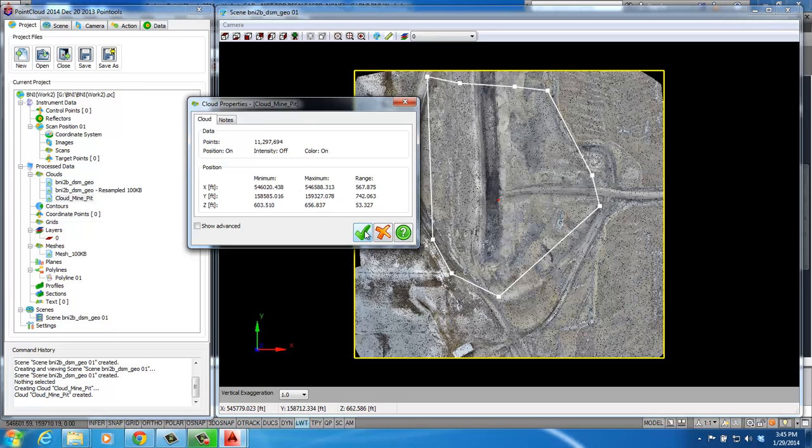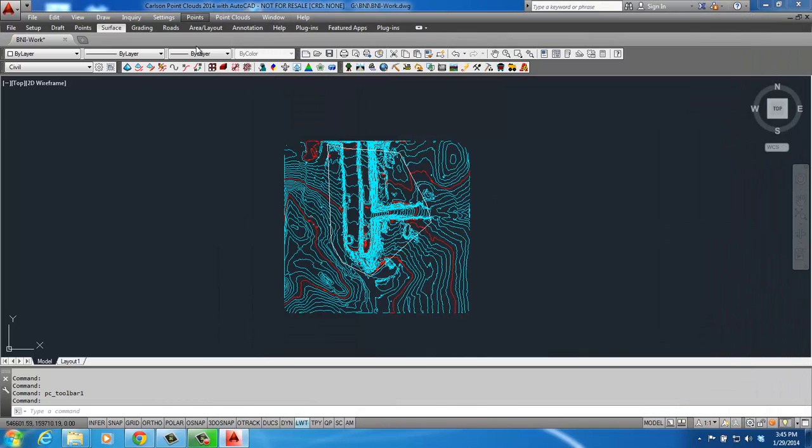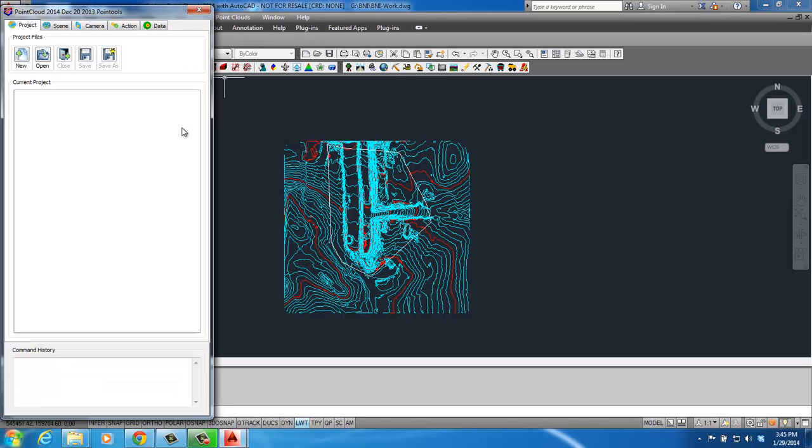Now one thing I've learned about PtCloud is save it. I'm actually going to exit out and come back in again. You're going to say, why am I doing that? Well, AutoCAD has a lot of problems with big files, and PtCloud